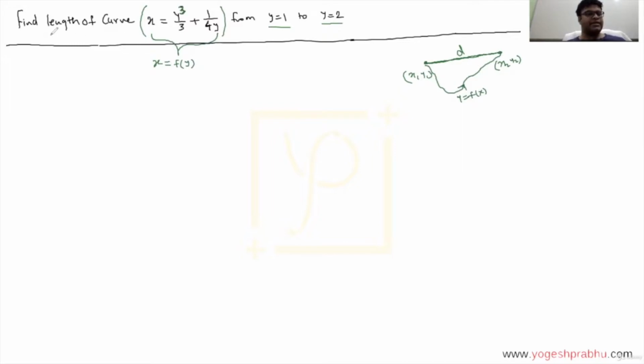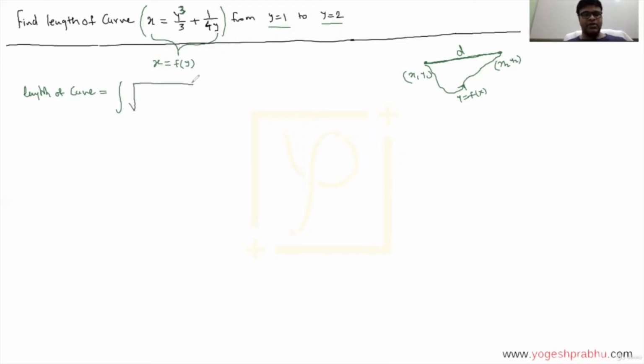It is said to find the length of the curve which has this equation, say from y equal to 1 to 2. Now this is rectification, and to find the length of a curve, there is a formula that you have to follow. Let me write down the formula. The length of a curve is equal to an integration. You can use integrals to find the length of a curve, so you can look at it as an application of integration as well.